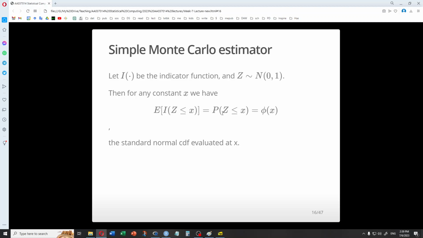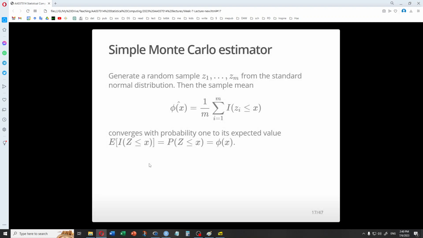So this is equal to the probability that Z is less than x, which is given by phi of x. And this can be evaluated using the standard normal CDF at the value x. So what we can do here is generate random numbers Z from the standard normal distribution, and then the sample mean, phi hat, is given by the sum of all these indicator variables, which is the proportion of all the values of Z less than or equal to a certain value x,